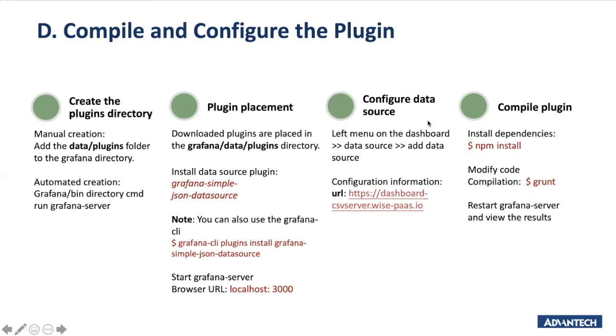And then we configure our data source. And here is the URL to our CSV server. It provides some mock data, so you can use it to verify your plugin. And then after you download the plugin, you need to run npm install to install all dependencies in your project or your source code folder. And then after you do some modification for your source code, you're gonna run the grunt command to run all the housekeeping jobs, like compiling your source code and then moving all the compiled files to